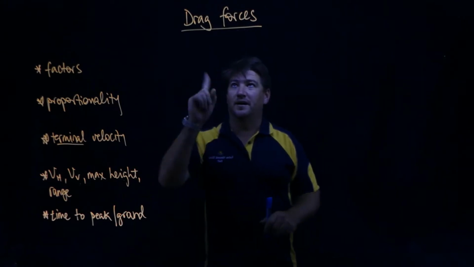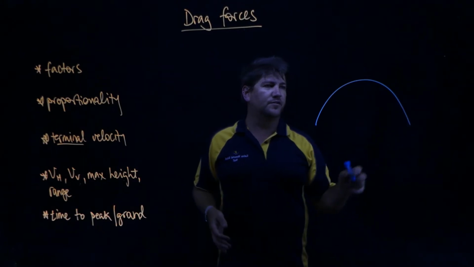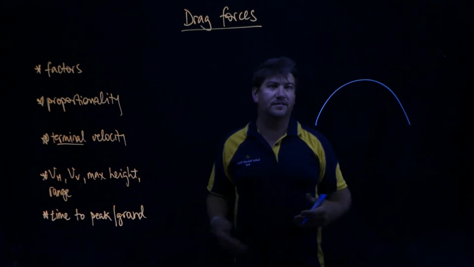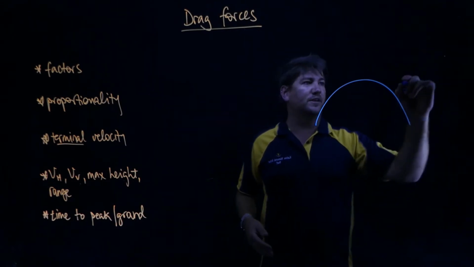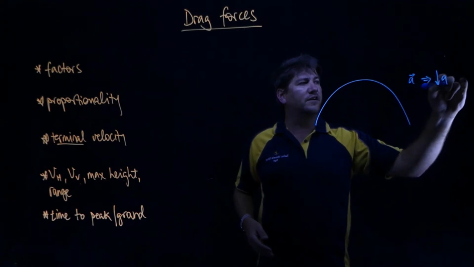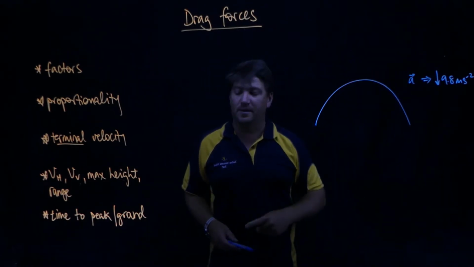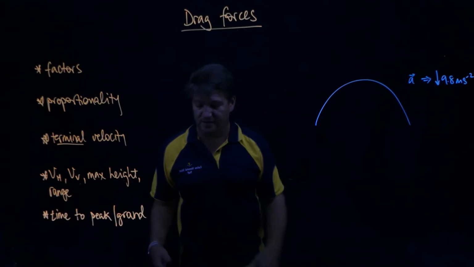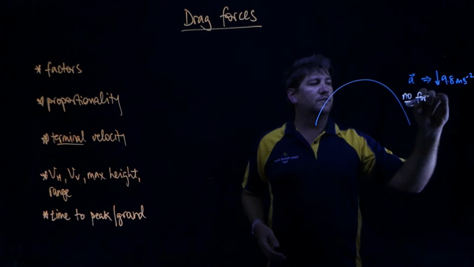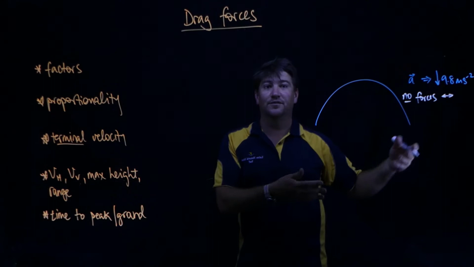Alrighty, welcome back. Now, drag forces. Just before, I was talking about your stock standard projectile without any sort of wind resistance at all. So, magic physics land: no drag, no frictional forces, all that sort of carry on, and the only acceleration is due to gravity, which is straight down, 9.8 metres per second squared towards the centre of the Earth. So if there was no drag, then no forces in the horizontal direction, so therefore constant speed, constant horizontal